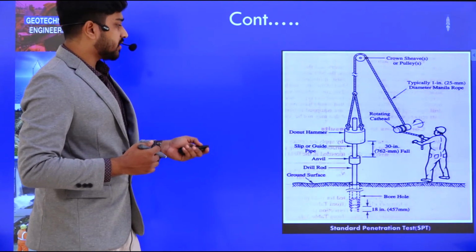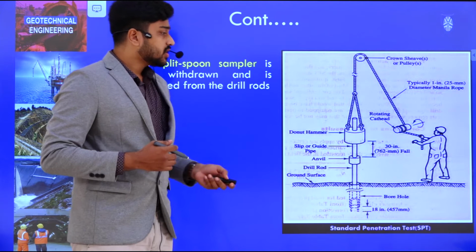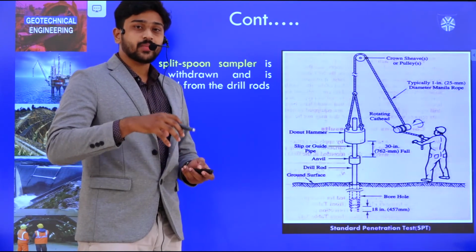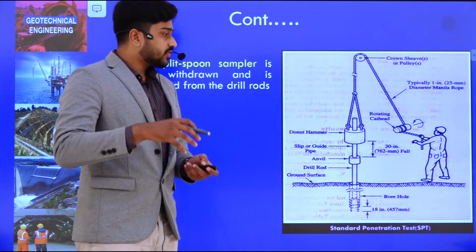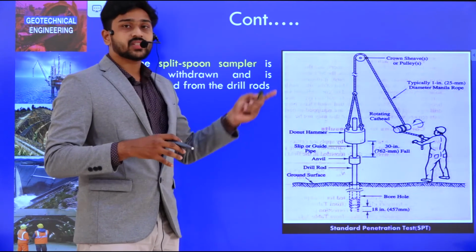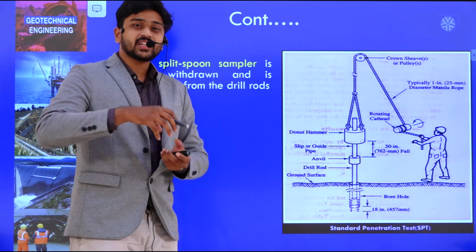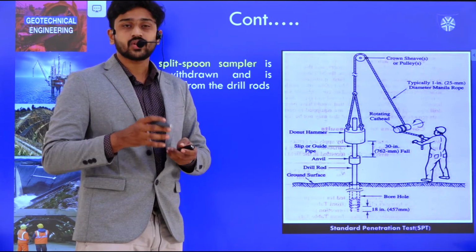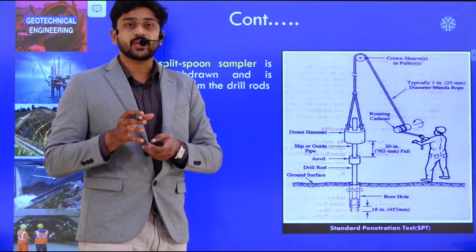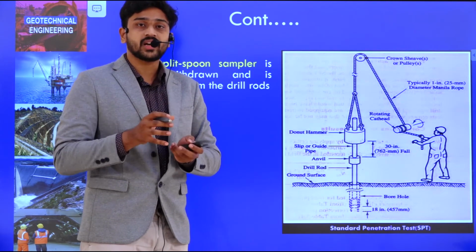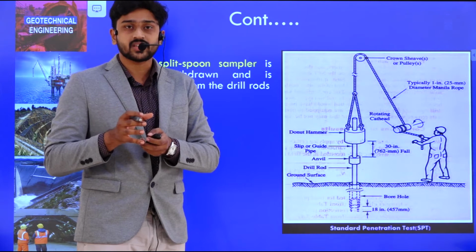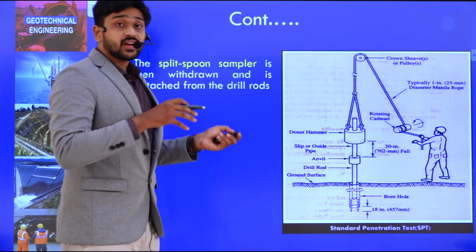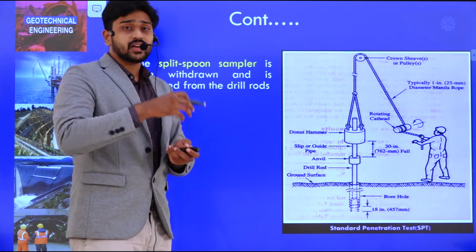Now, furthermore, I have given the diagram for our representation. So once we immerse this split spoon sampler and we place the sampler, we need to remove this split spoon sampler, and then we will detach it from the collar so that we collect the sample. We detach it from the collar so that we get that sample. Okay, ultimately we require the cylindrical sample for testing in the laboratory once again. Okay, so that is how we detach it from the collar, which is in turn attached to the drilling rods.